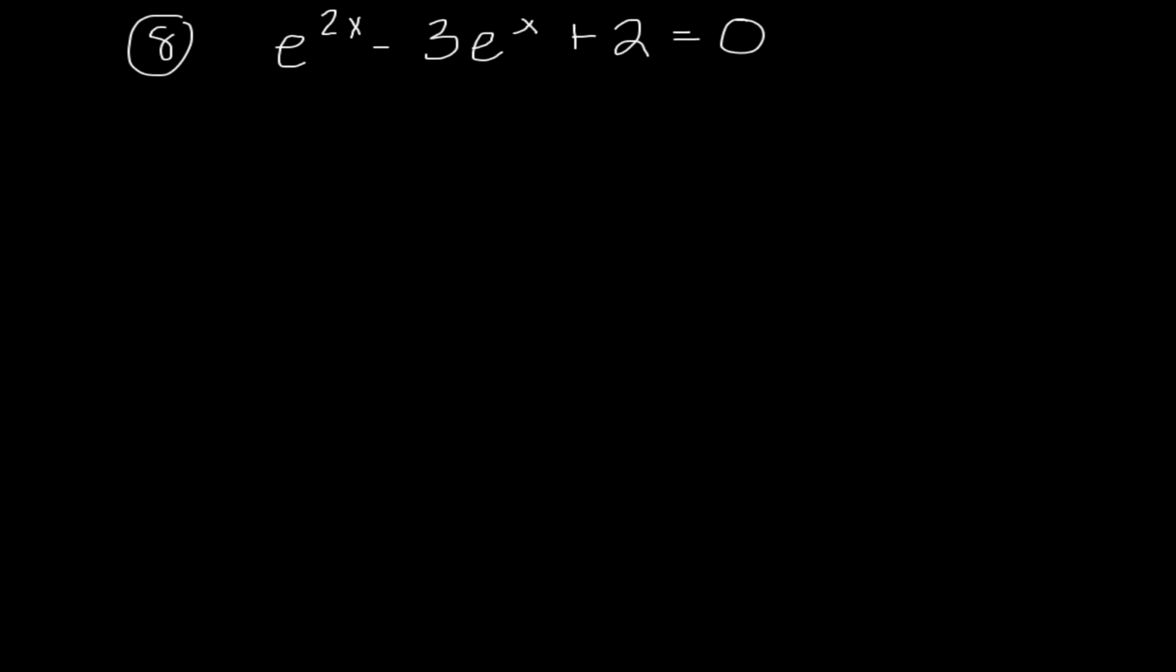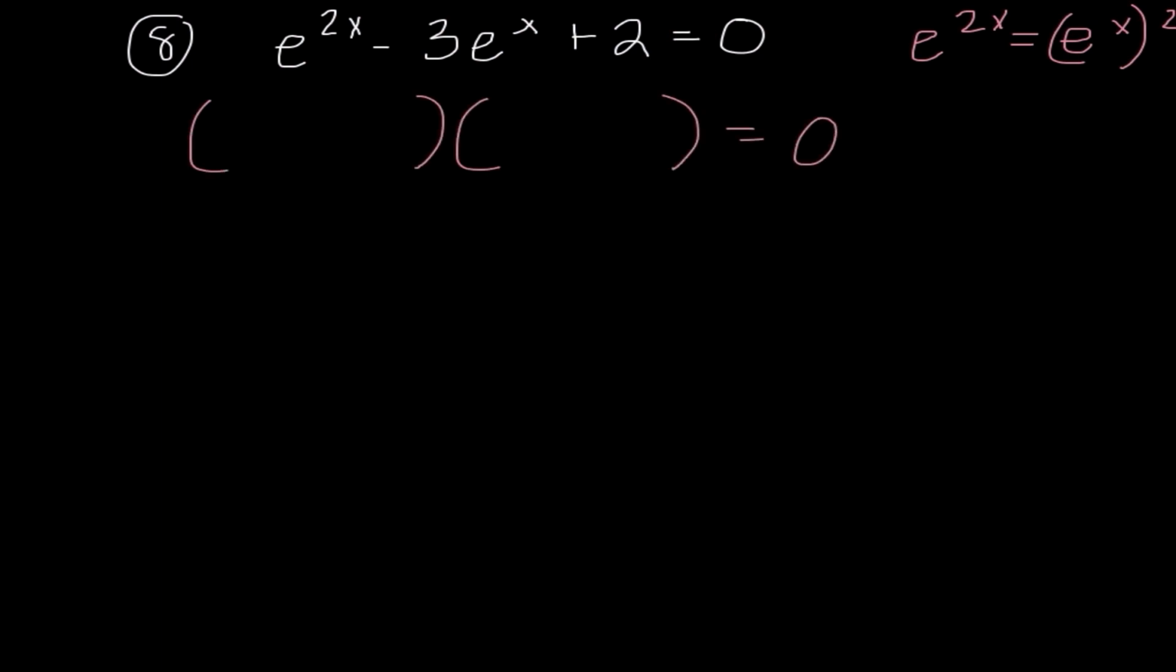Number 8 looks really strange, mostly because I have two things that are being taken to the power. And so I just quickly want to remind us off to the side here that e to the 2x is saying e to the x squared. Because when I'm taking an exponent to a power, we multiply. So what I'm actually going to try and do here is factor this. So I need to think what factors